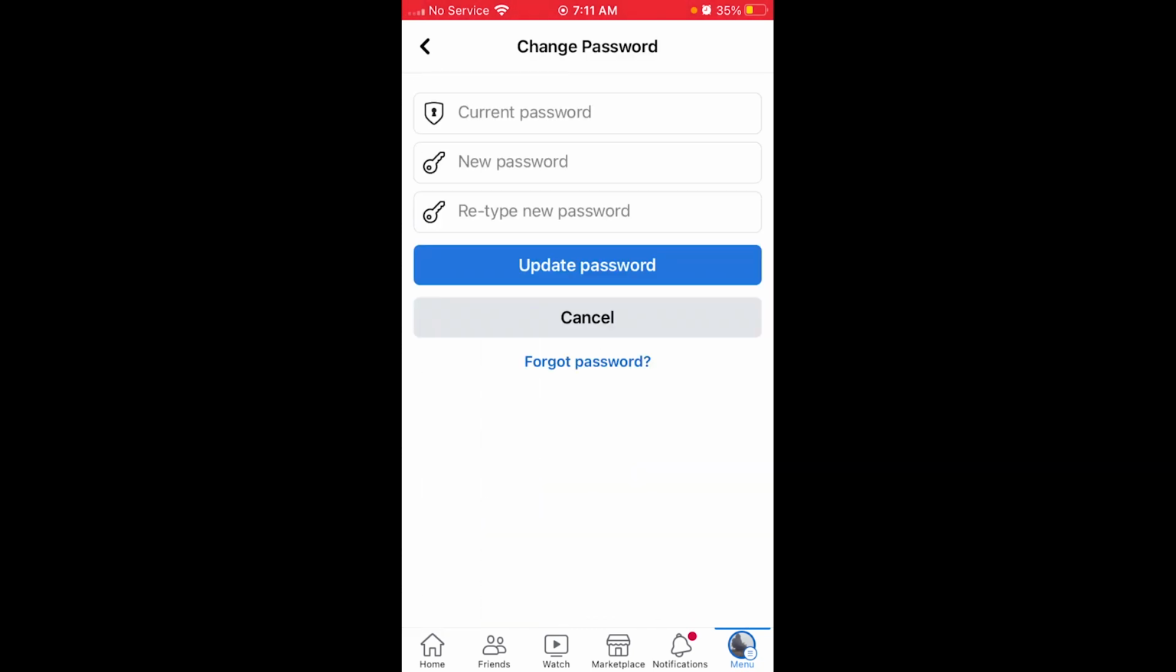login. Tap on that change password like this, and over here you'll be required to enter your current password like this, and after that enter your new password, and again enter that new password. And after that tap on update password button available over here, and then you will be able to change your